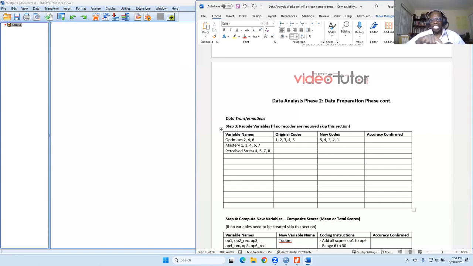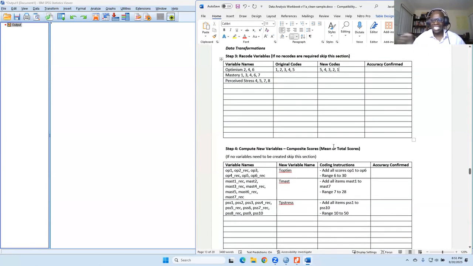That's what happens when you reverse code a question. You're just going to flip them. If someone got a 1, they get a 5. A 2 becomes a 4. A 3 stays a 3. A 4 becomes a 2. A 5 becomes a 1. You're just flipping the scores. If that makes sense, type in a 1. If it doesn't make sense, type in a 0.